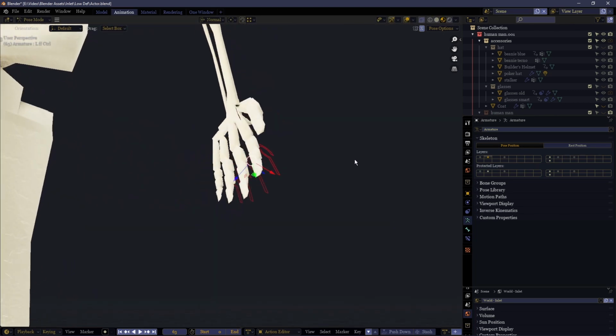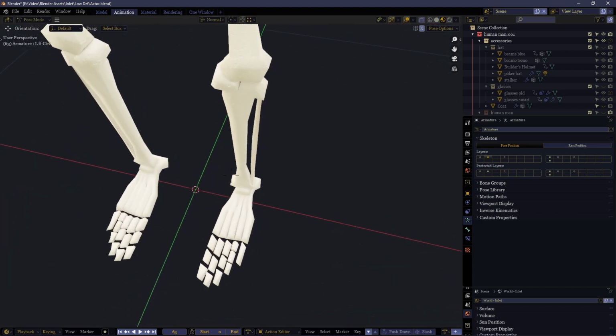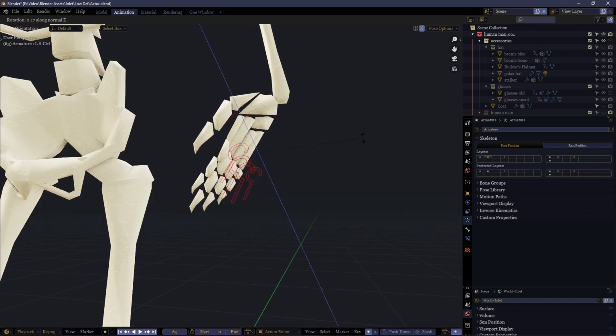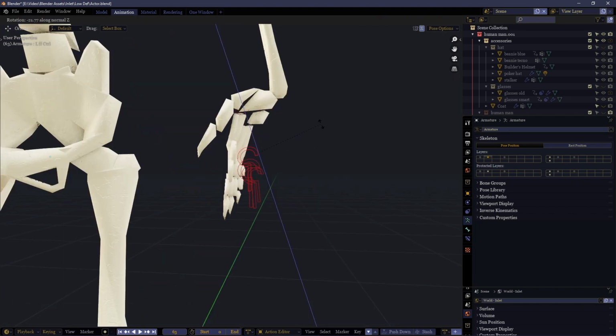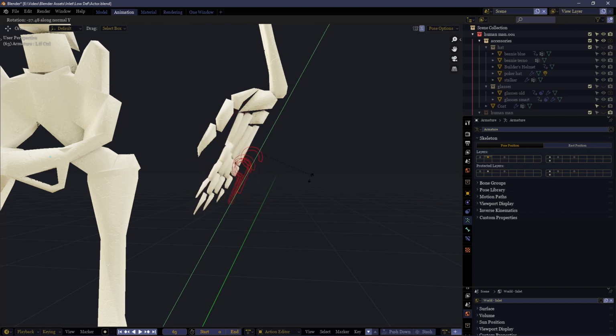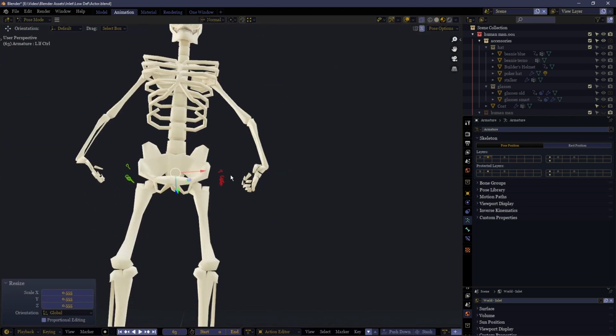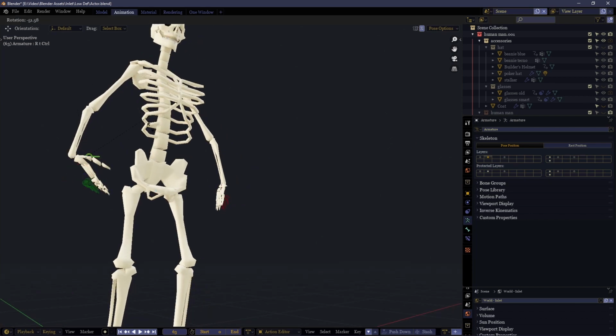But otherwise, you can also scale them. And just like the feet bones down at the bottom, you can scale them down and they'll kind of form a fist. You can scale them up and they'll curl backwards awfully, like broken fingers or something. Of course, the intended use is that they be rotated on the Z-axis, not on the X or Y-axis, and to be scaled down. By doing this process, you can get quite a bit of control over how each of the fingers looks. That gives you a quick way of controlling all of those bones together. You can even just select both hands and scale them down like that. This control also is the same on the thumb bone, as you see.